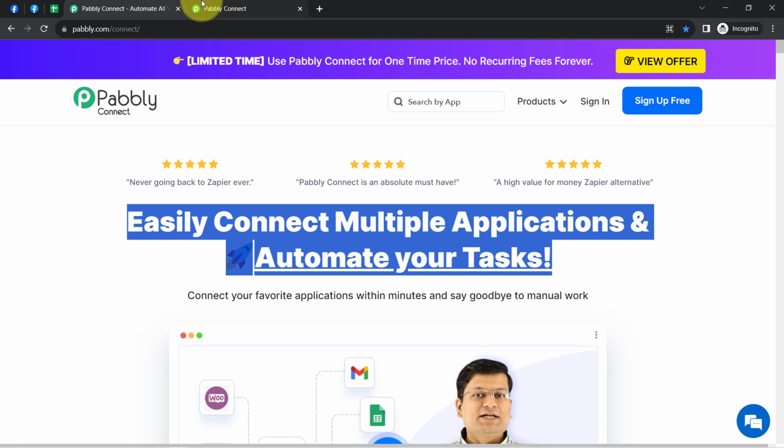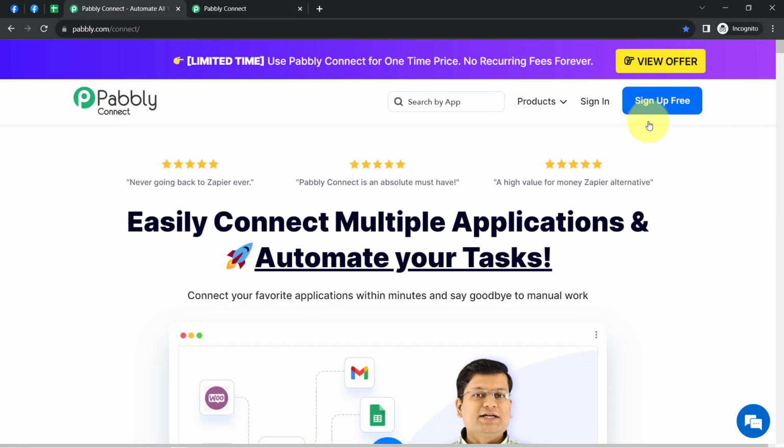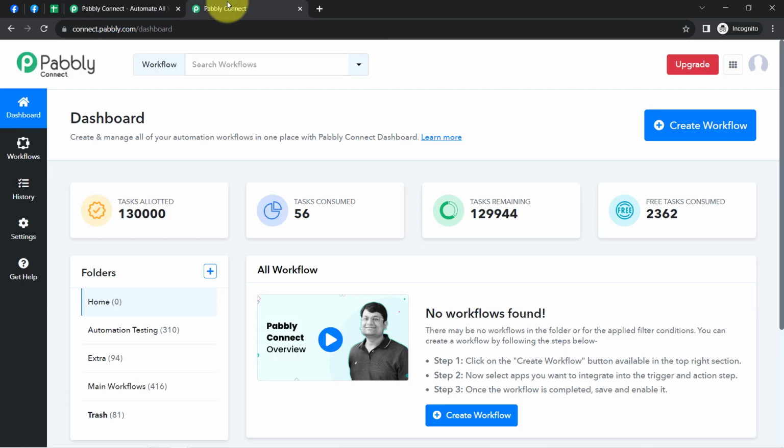I am an existing user of Pabbly Connect, so I am already logged in. You can create your free account in Pabbly Connect in just 2 minutes from the sign up free button, and in the free account you will also get free tasks to test these kinds of amazing automations. Now once you log in and reach the dashboard of Pabbly Connect, click on this blue button,